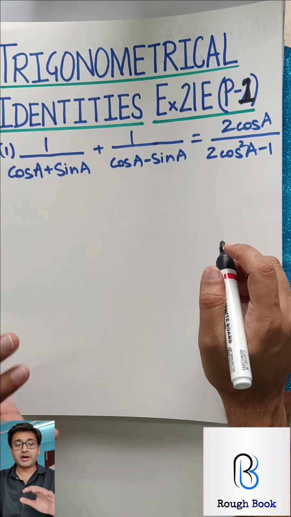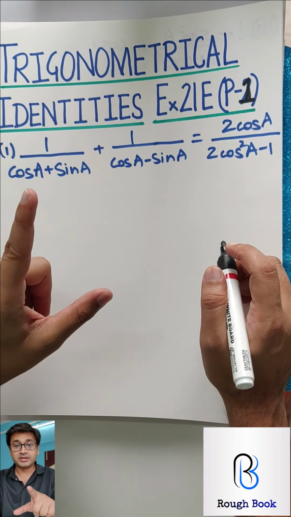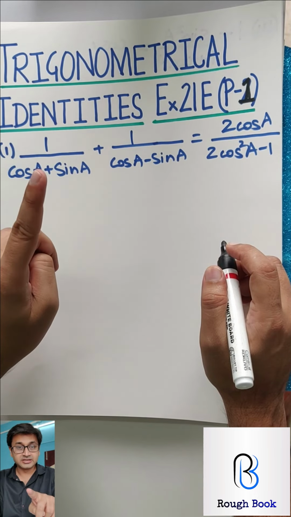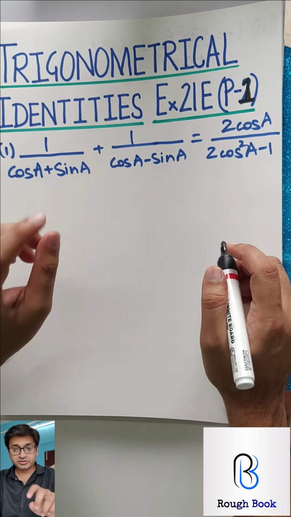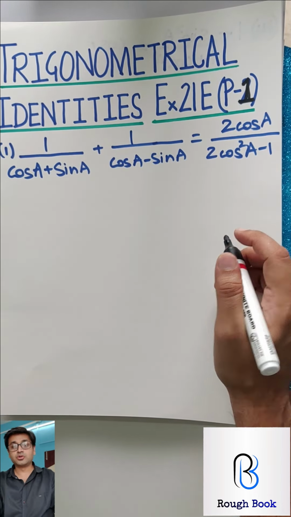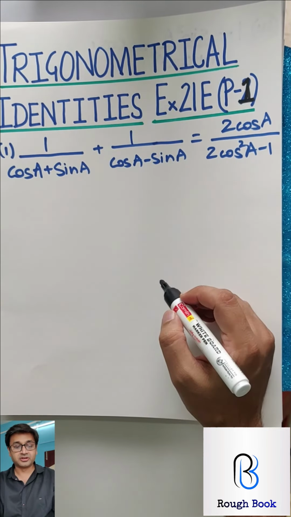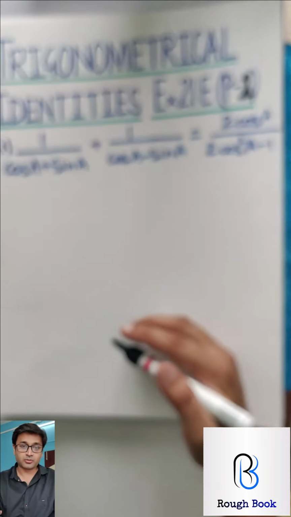So we already know by now the ratios, we know the square ratios. Sine square plus cos square is equal to 1. Perfect. Second one, sec square is equal to 1 plus tan square. And the third one, cosec square is equal to 1 plus cot square. Perfect. So we are going to use all those 3 square ratios and 6 reciprocal ratios and try and figure this out. So we are getting into part 1. We'll try and finish the entire one today.